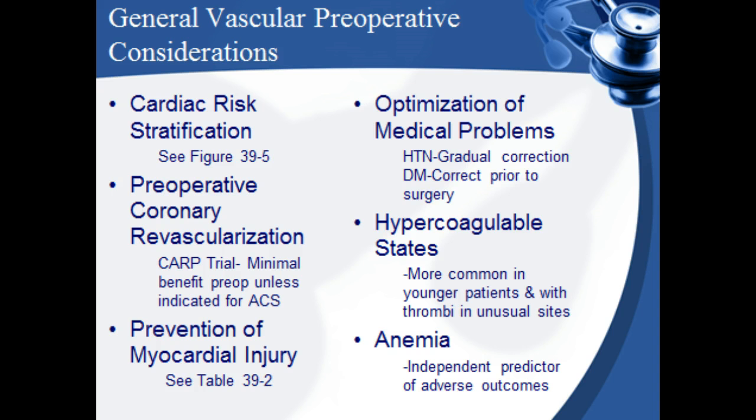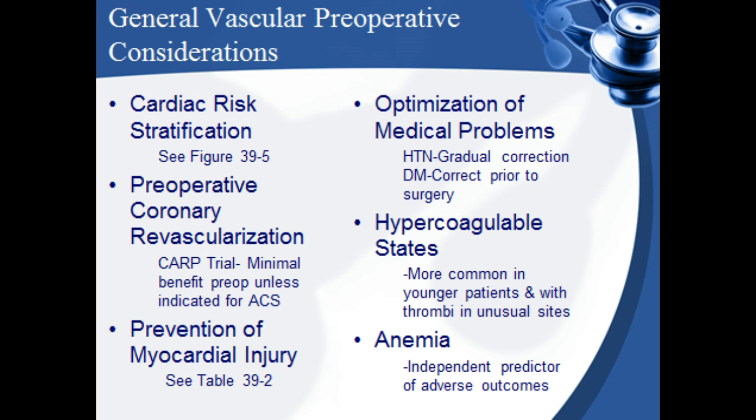Prevention of myocardial injury covers prophylaxis treatment preoperatively, and we'll look at that in Table 39-2 subsequently. Optimization of medical problems. Two main medical problems we want to optimize before carotid endarterectomy surgery. One is hypertension. This should be corrected gradually over days to weeks to allow for normalization of endovascular volume and